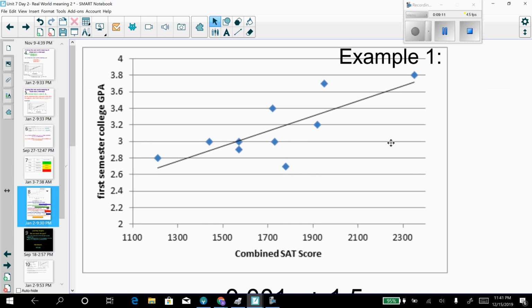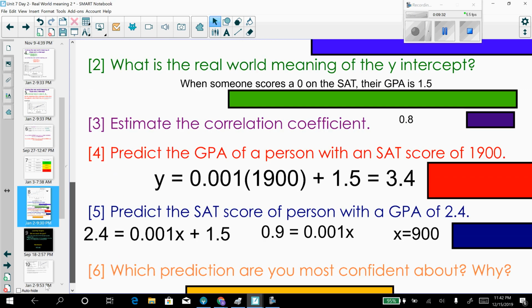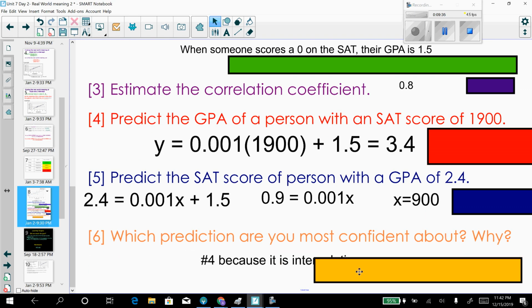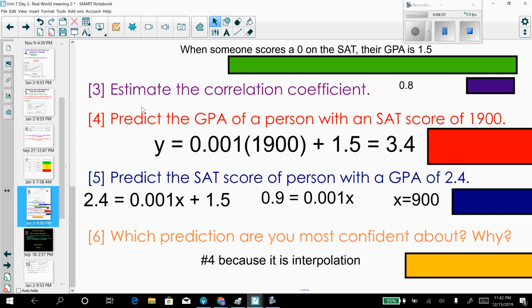So here's our data set here. Okay, 1900 is very obviously here. So 1900 is within our data set. My next question is 2.4 within our data set? Well, we don't have any data that's anywhere near 2.4. So 1900 would be interpolation, 2.4 would be extrapolation. So we are going to be more confident about the 1900, about the number 4 here, because we are using